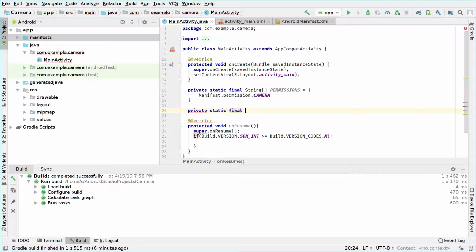This is an int type, so we're going to say private static final int REQUEST_PERMISSIONS. We will set this to basically any number. It can be 3 or 34, for example. It doesn't really matter, it's just the code and identifier. Okay, so after we've done this, what we will do is